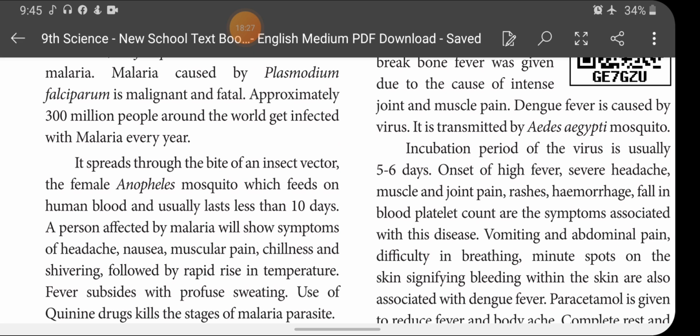Okay. So now we are discussing vector-borne disease. Under this we are seeing malaria. Malaria is a vector-borne disease, and which one acts as a vector to carry the disease from an infected person to a normal person? The female Anopheles mosquito acts as the vector which carries the causative organism of malaria from an infected person to a healthy person.